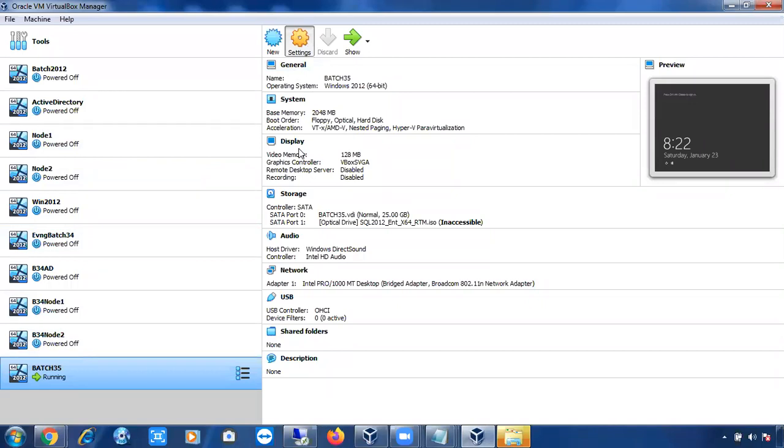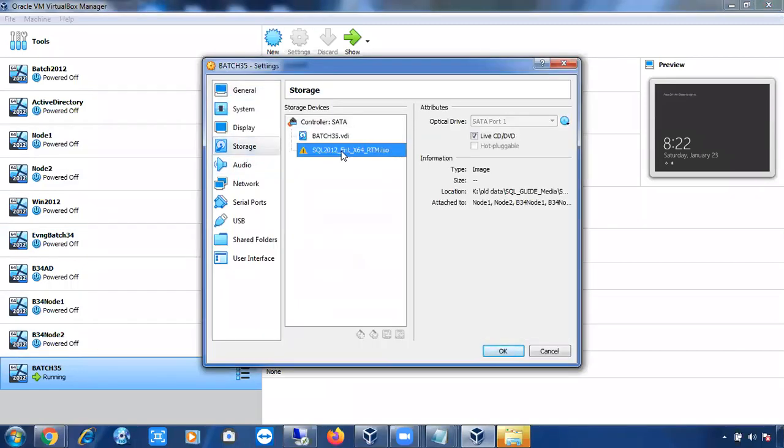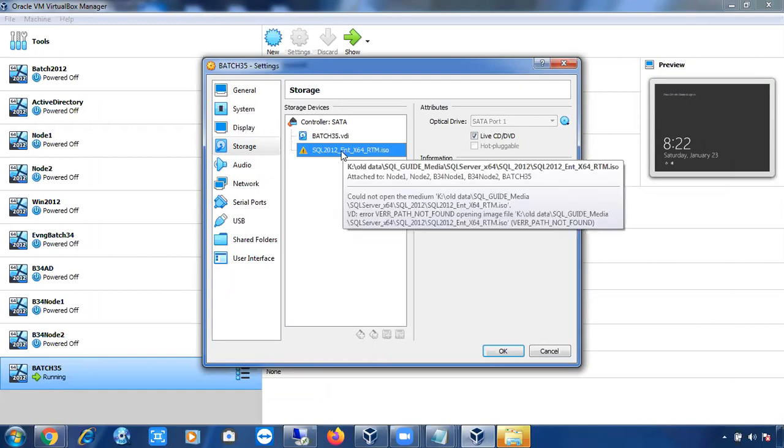But in that case, I can only attach ISO files. For example, if you download Management Studio, it will be an .exe executable file, right? So you cannot attach any files other than ISO files. Any files in the ISO format, only those you can attach in the storage.